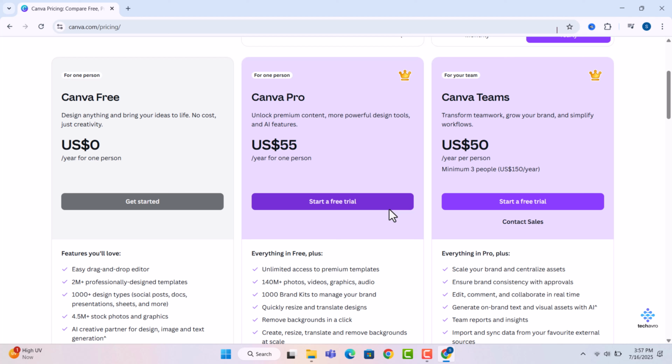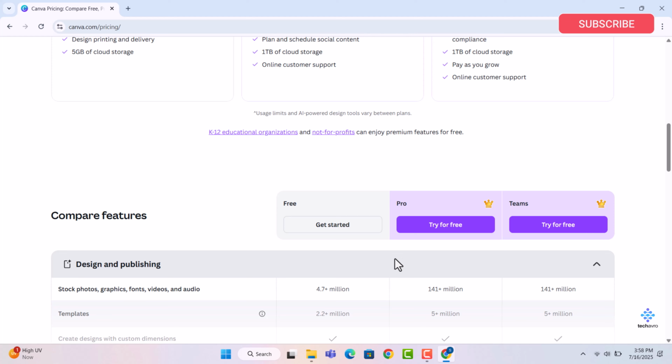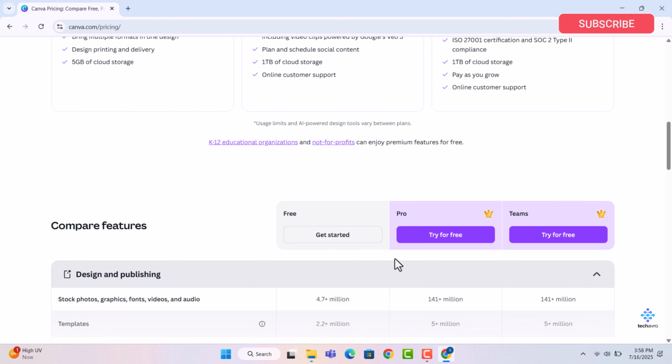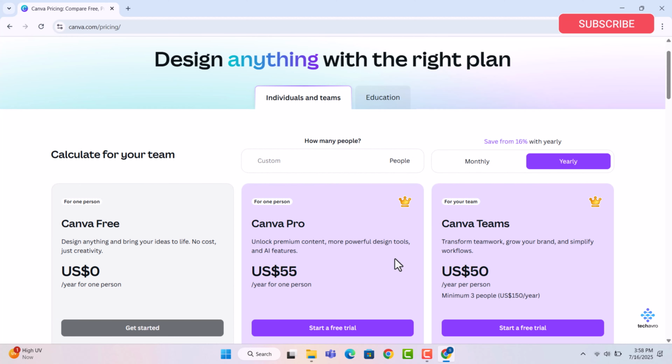Once you confirm your payment, your account switches to Pro. Now enjoy features like AI background remover, Magic Resize, Brand Kit, tons of premium templates and stock photos. And that's it, you are ready to use Canva Pro on